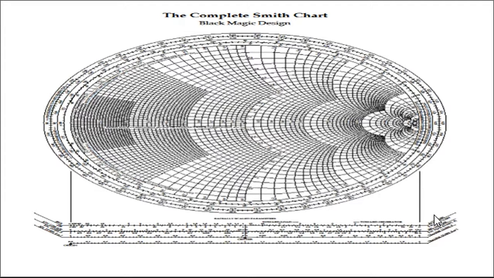We have taken n number of examples in the class. We tried to solve it by taking a separate Smith chart for every numerical, but now it may not be possible for me to explain it in detail. I will just try to revise all the basic concepts of the Smith chart with the help of this particular slide. I have taken this Smith chart PDF and copied this part of the Smith chart. So let's discuss what exactly the Smith chart is and what we are going to do.